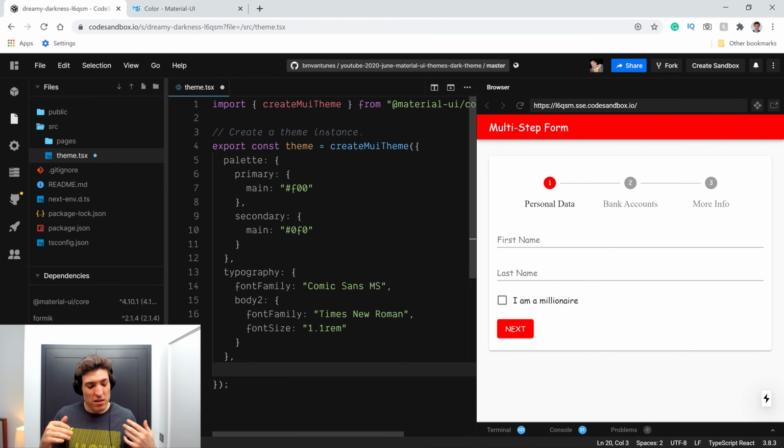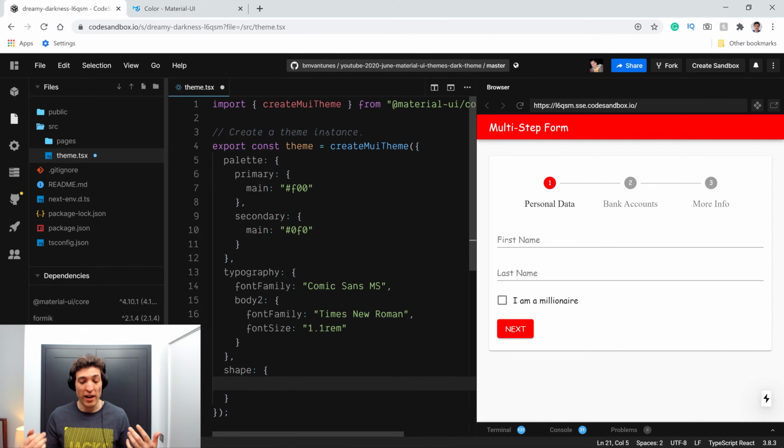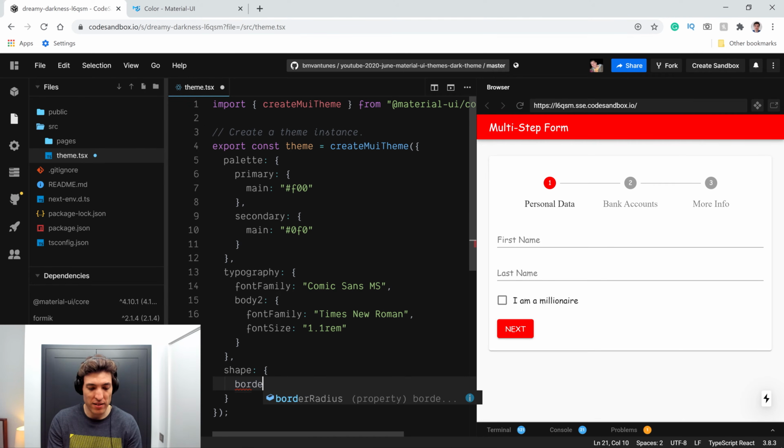The next step that some companies usually force you to change is the border radius of your elements. If you look around here, my buttons, my cards, everything has some kind of border radius in Material. I think it's 4 or 5 pixels of border radius. I'm not sure on that one. But they always have some border radius. And some companies, they want it to be completely a flat square or a 90 degrees angle. So you can come over here and say border radius to be, for example, 0. Right? So when I refresh now, you will see that the button is completely squared out right now.